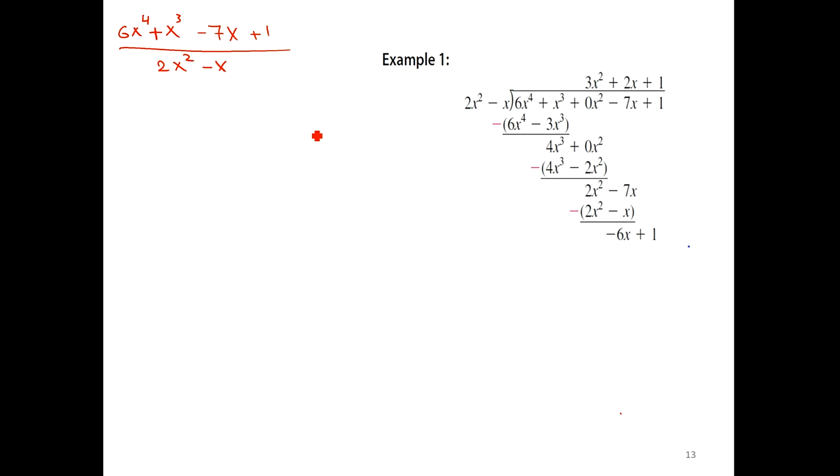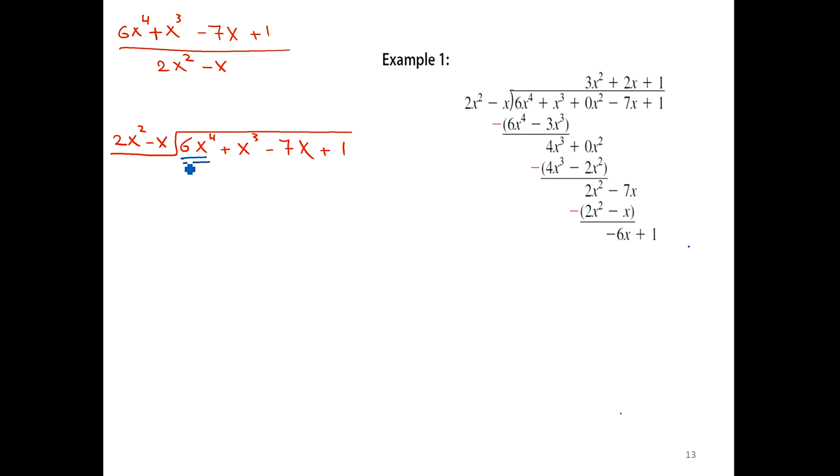Okay, now we have A over B. We put A as 6x^4 + x^3 - 7x + 1 over 2x^2 - x. Now, the first step,